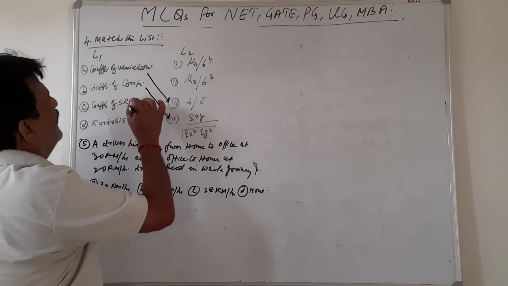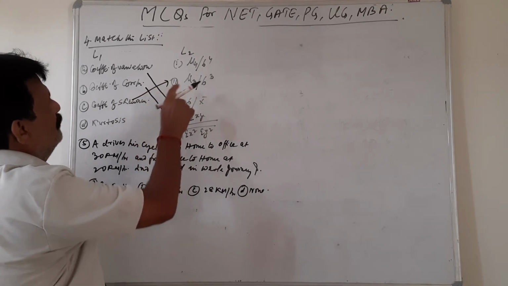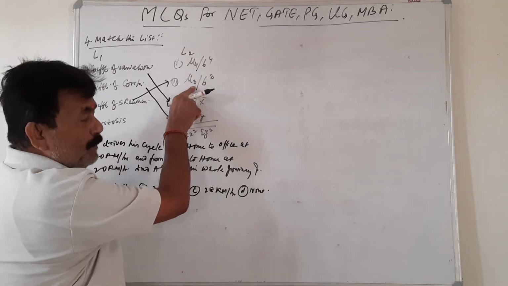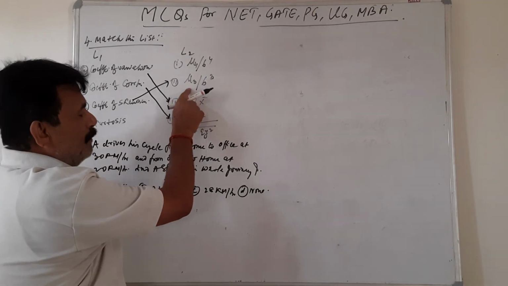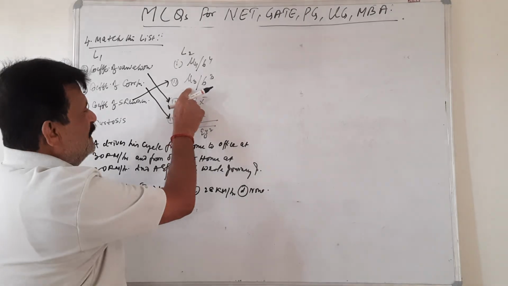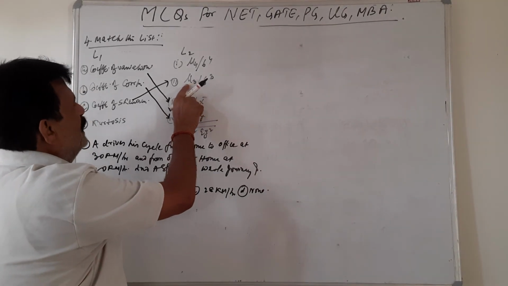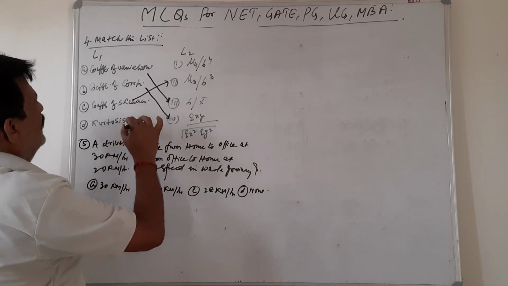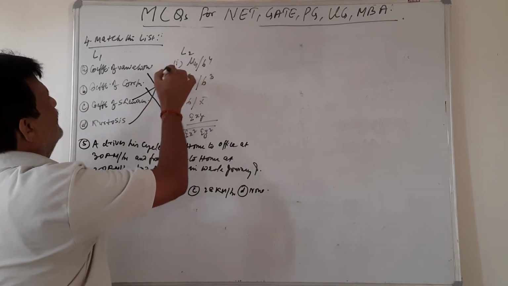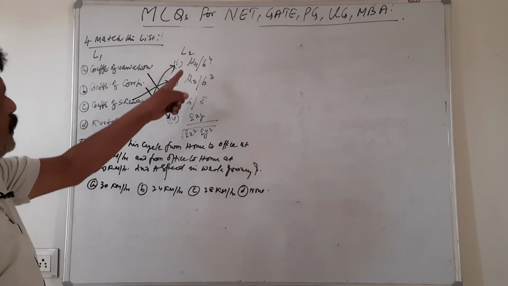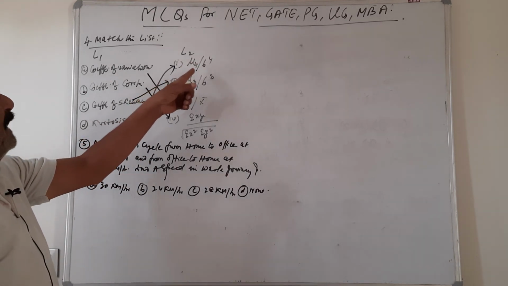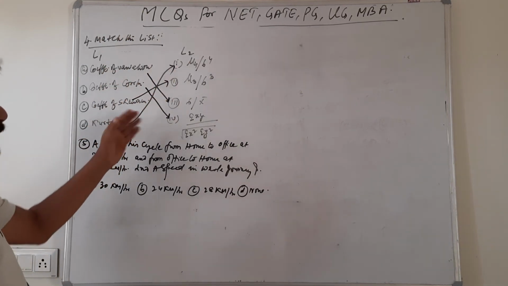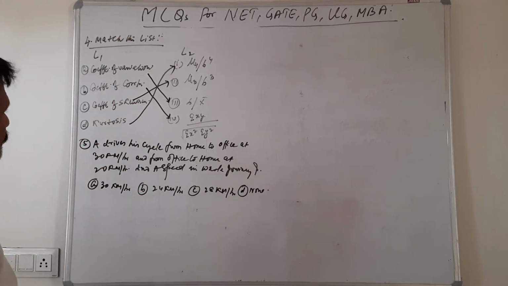Coefficient of skewness is mu3 by sigma cube. Mu3 is the third moment around the mean. This formula is just in terms of moments. So this is the third moment around the mean divided by the cube of SD. And kurtosis is the fourth moment around the mean divided by SD to the power 4. So this is how these are matched. These are the formulas that have to be kept in mind.